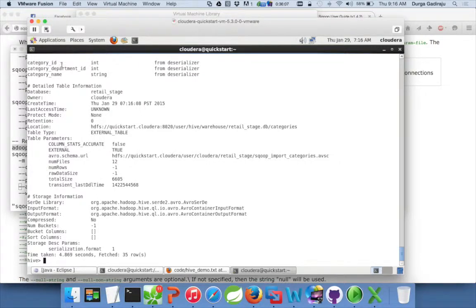The column names we have not defined in the create table command, but it is reading them from the schema file which is defined under table properties. Then the location is what we have defined, and this is the schema URL from which this metadata is read, and there are 12 files under this as of now.